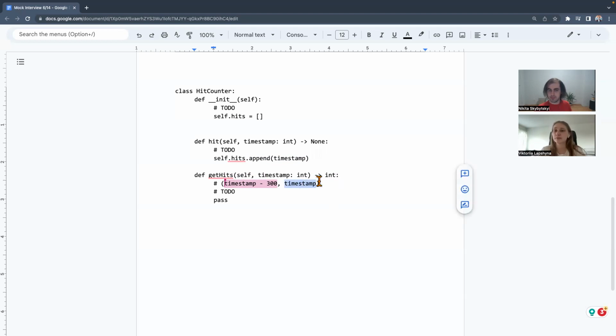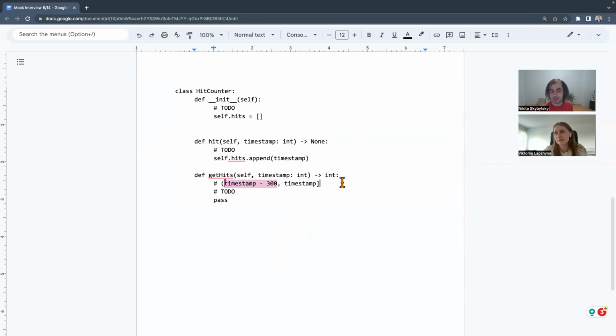Yeah, that makes sense. The thing I want to mention is, remember when I said that timestamps are non-decreasing, right? It applies to both methods, not only to hits. Okay. So you don't have to search for the position of this because that will be just the end of the array. Cool. Then we only want to search for this position. How can you search for that position? Binary search, I guess. Yeah, that's possible.